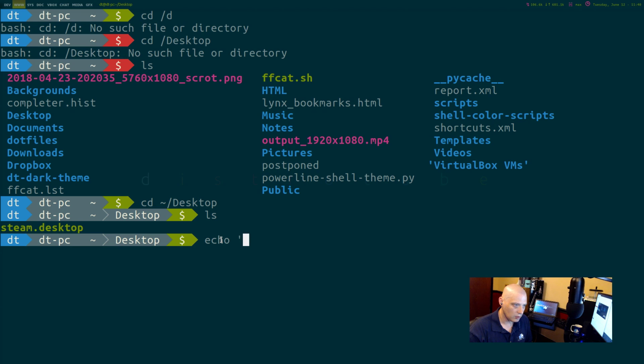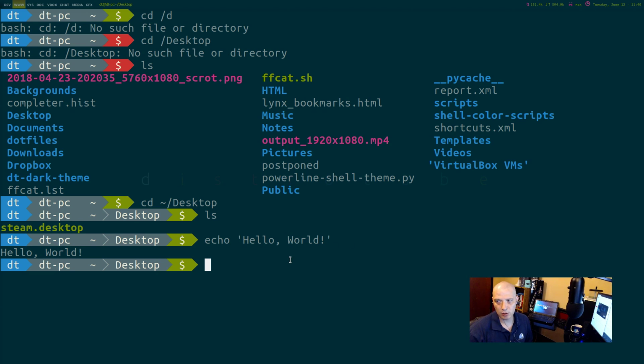So if I echo, space, single quotes, hello world, exclamation point, in single quotes, that just prints it out right here. It just returns hello world exactly as I typed it inside the single quotes. Now I'm going to arrow up on the keyboard to get back to that, space, then a greater than sign, a chevron, whatever you want to call it, space, and then first.txt.